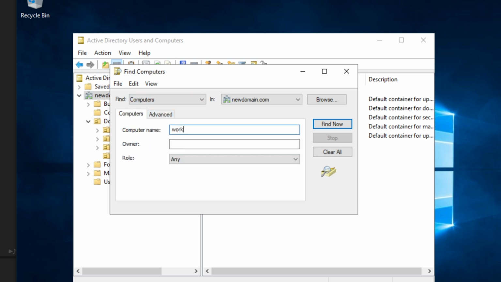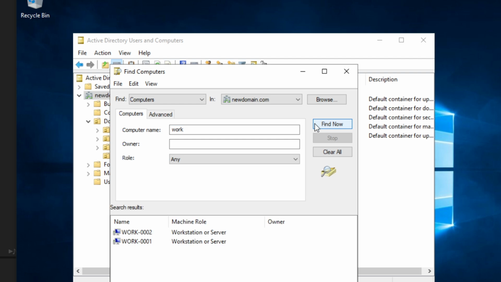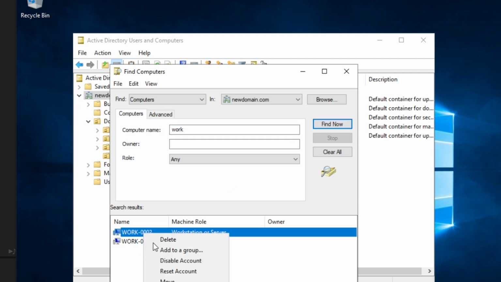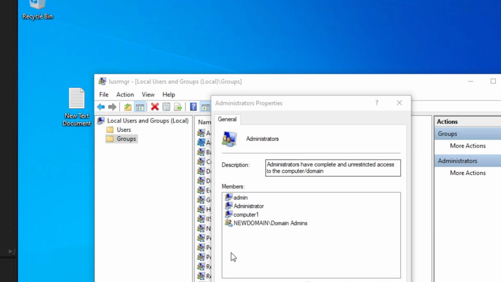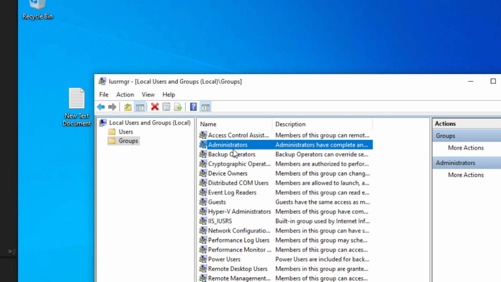So we're just going to type in work. And we are logged in to work 2. So we're going to right click, manage. And now we are remotely managing. We're bypassing here. Right now we don't have the ability to make changes in here. We do not have the ability to make changes here right now as logged in as Kobuman on this Windows 10